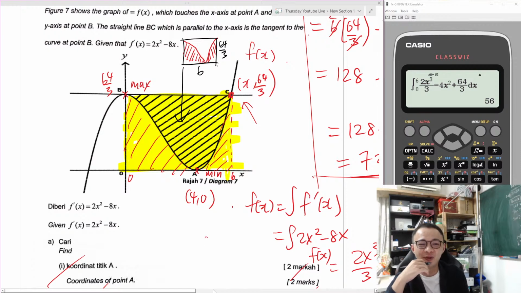Is it really easy if you know how to do it? Yeah, integration, if you know how to do it, it will not be hard. So how to check the integration? If you are using the MS version, there's no way you can do. But if you have the ES version, the silver color one, I think you can still do it. So how much does the calculator cost? I guess it's about 70 ringgit.